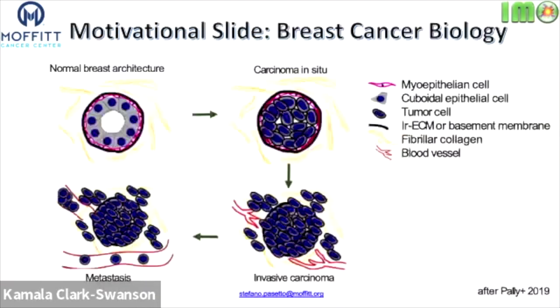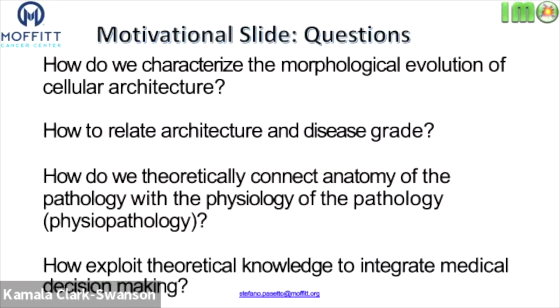From my side, the investigation is how the nature of this disease changed the structural and morphological evolution of the breast. In this slide, you have a normal breast architecture, and on the top right, the presence of carcinoma in situ. When it becomes invasive, you see the bottom right, until it becomes metastatic. Looking at these images, my idea was to understand how we can characterize the morphological evolution of